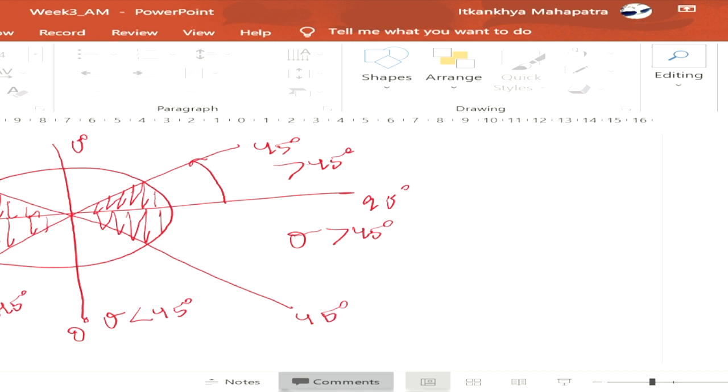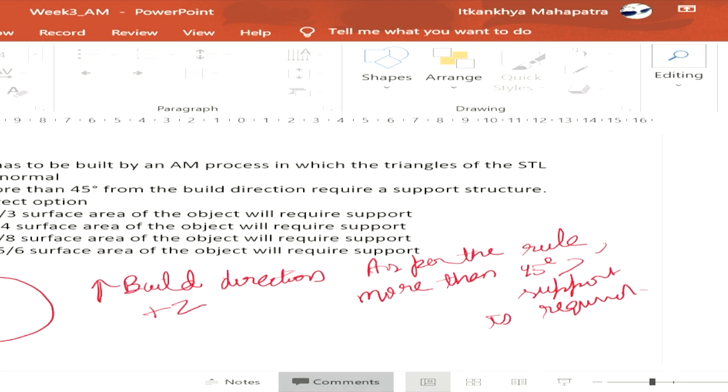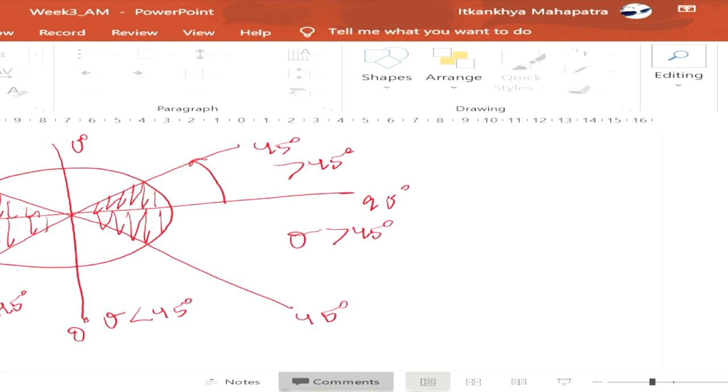Okay, so according to this, if we see now the answer according to the question, what is the question? That less than 1 by 4 surface area of the object will require support. Now here it appears that half of the object requires support, but that is not correct. Now in our lecture, as explained by sir, we know that in the manipulation of STL file, when the facet normal is upward, that does not require support. Slide 7, it is mentioned by a professor in manipulation of STL file